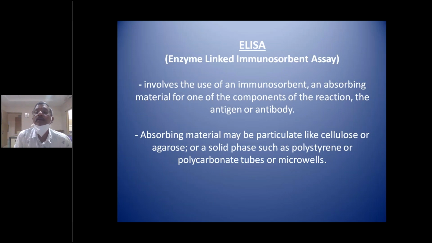What are the antigen antibody reactions? Agglutination, precipitation, radioimmunoassay, ELISA, immunofluorescence, and so on. There are so many antigen antibody reactions, and ELISA is one of them. This is also an important spotter. We have to identify it in the examination. This is the 96 well plate, the ELISA plate.